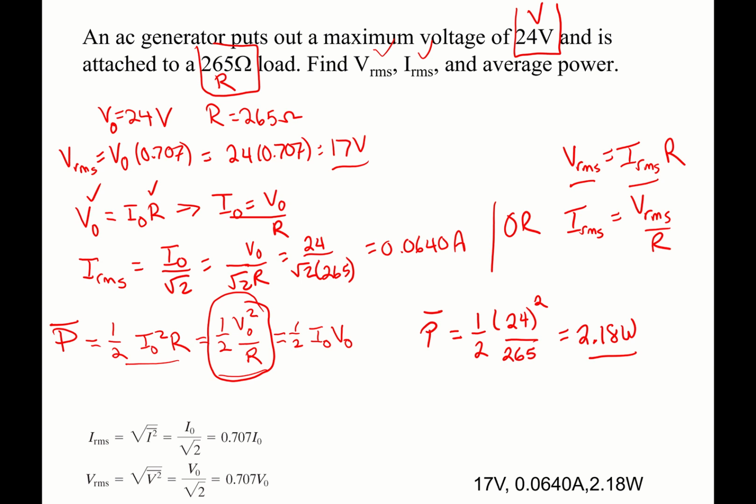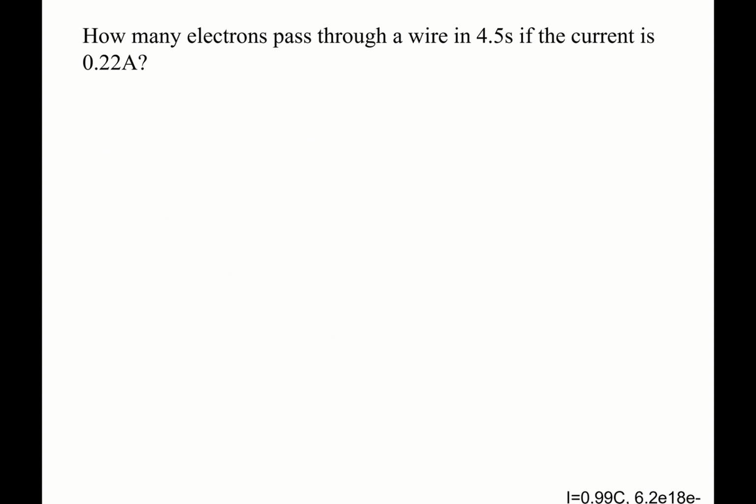Okay, so hopefully you found these equations a little bit easier to work with. Let's do one more where we don't actually use an equation. So how many electrons pass through a wire in 4.5 seconds if the current is 0.22 amps? Okay, what does that mean? Well, remember, current